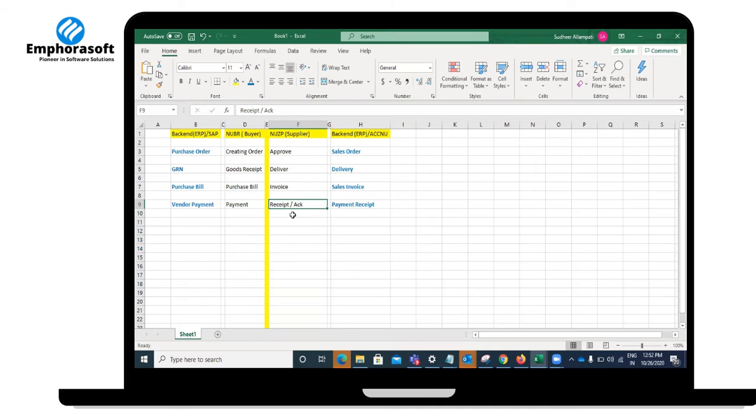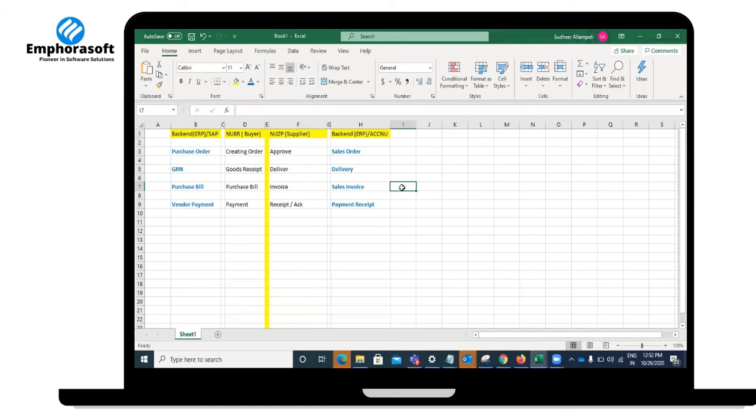From the backend perspective, the supplier uses an ERP, and similarly the buyer uses an ERP. This platform integrates all the transactions on the supplier side to the supplier's ERP, and similarly at the buyer side, all the transactions are integrated to the buyer's respective ERP account.